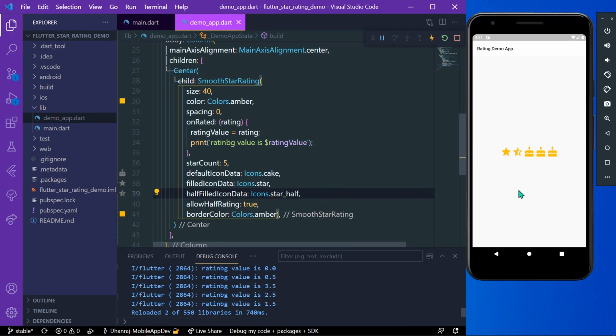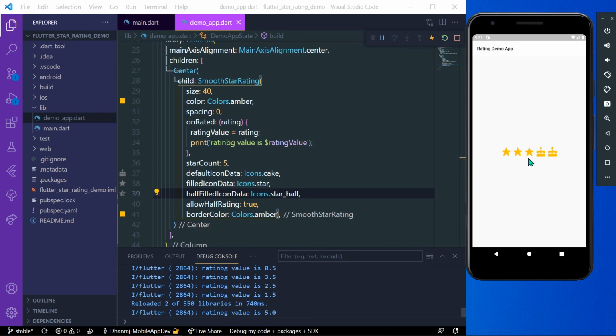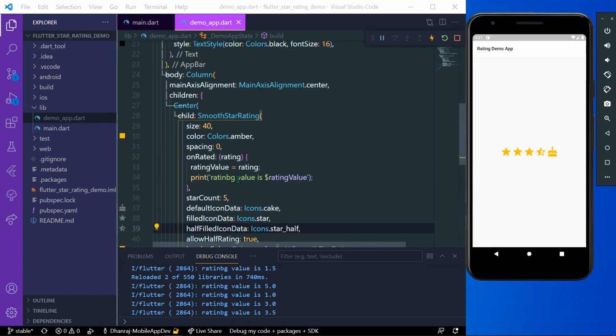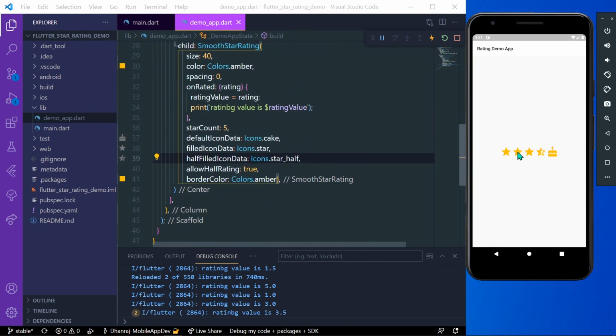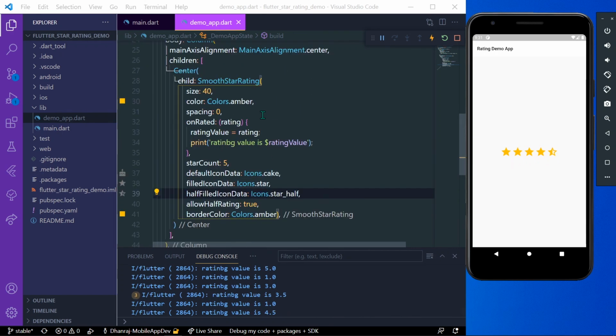Let's save our app, and now you can see our old rating bar is visible. So this is how you can use this Smooth Star Rating package in Flutter to get star rating in your app.